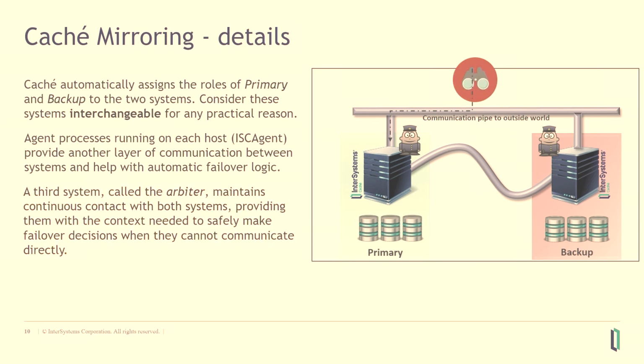And this is where we introduced the arbiter, which is a third system. The arbiter is just a software component. It does not require Caché, does not require Ensemble or anything like that, but there has to be a third machine running that component, and it's the judge. If they both think that they are the primary, that's how you set a majority, right? So there are two that decide that this one should be the primary.